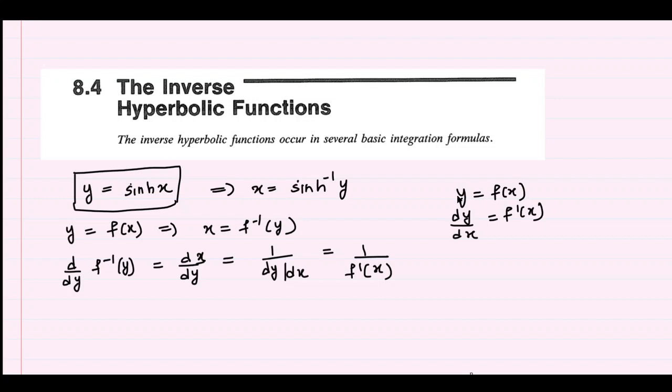So the inverse function we will study in detail in section 5.3. So here we will just see the inverse of the hyperbolic function. The inverse of this function will be, if we operate sinh inverse on both sides, we will get x equal to sinh inverse of y. So sinh inverse of y is the inverse hyperbolic function. For example, if we have y equal to f of x, then from here we will get that x equal to f inverse of y is the inverse function.